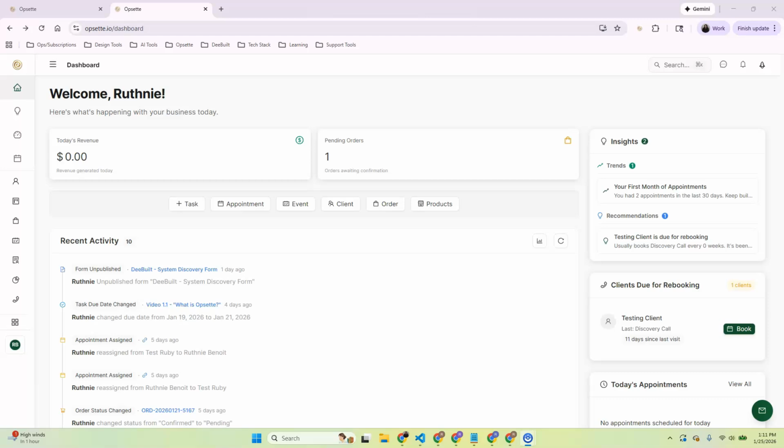Hey, so I'm going to go over the dashboard here inside of Opsette. I never hide the fact that I love this app. It was so fun to build over the last 7 months, and now I'm going to start building in public because I would love to get some users in here to use the app, see what features it has that are useful. I've been dog fooding it as I establish my own business systems development business,